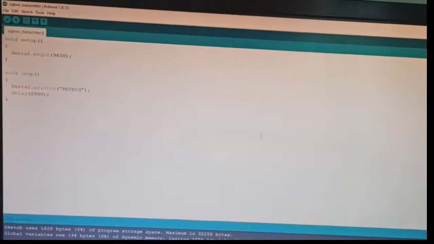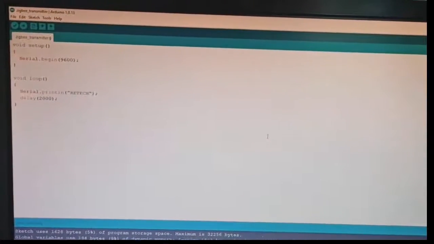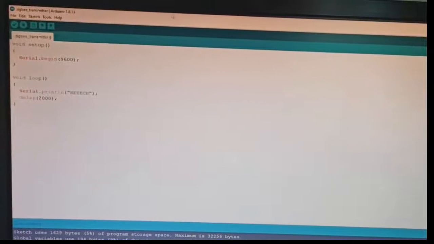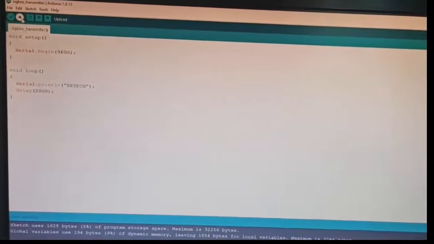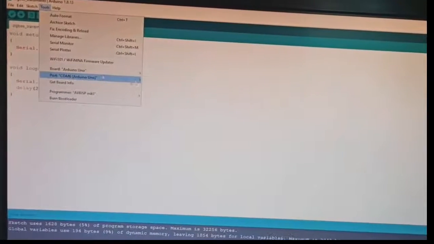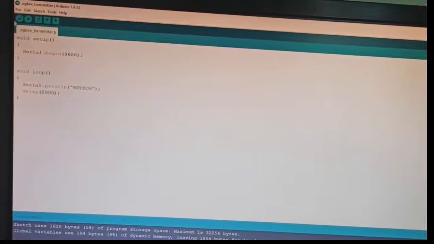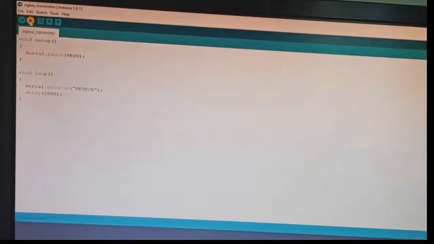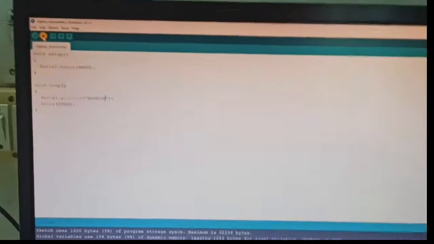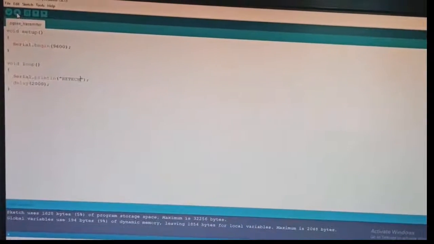I am sending the word string, retake. So we are changing the program, so we need to upload the code in the Arduino board. For that purpose, in the transmitter section we are using COM3, so select COM3 and upload the code. See, uploading is completed.